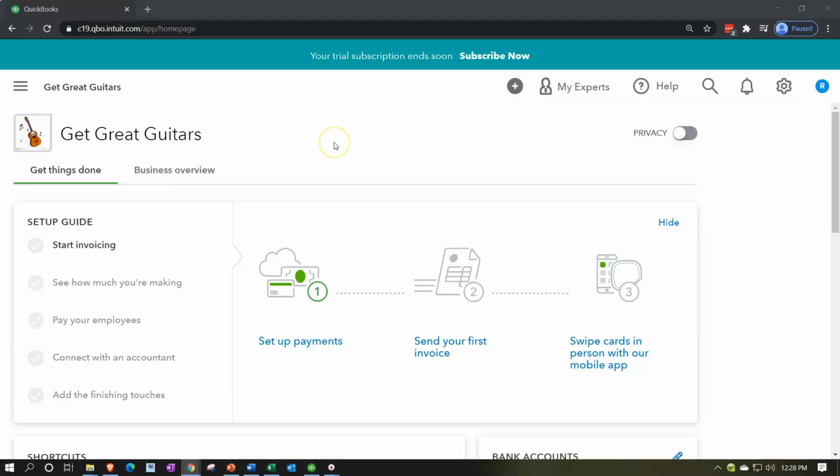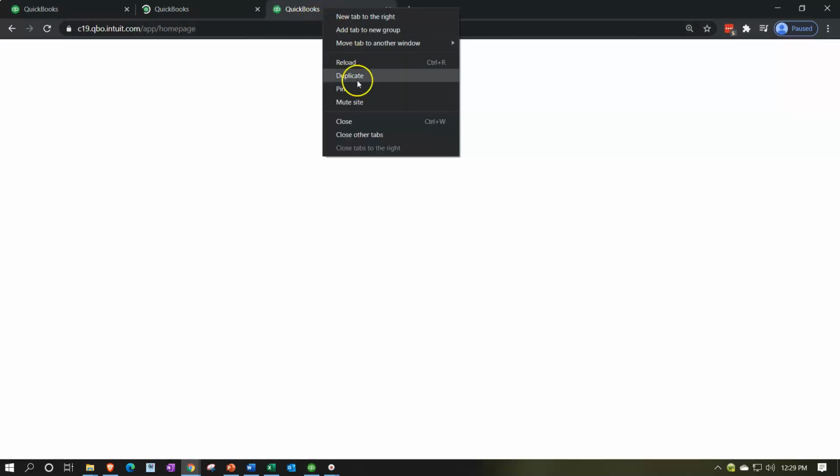We're going to start off opening our reports up by duplicating the tabs up top, right-clicking on the tab up top, duplicate 2 more times, right-click on the tab up top, duplicate 1 more time, right-click on the tab up top, and duplicate. We're going to be having the trial balance, then the profit and loss or income statement, followed